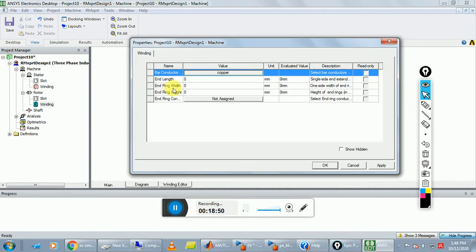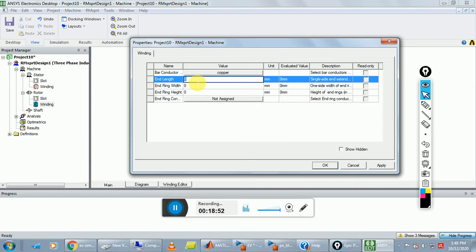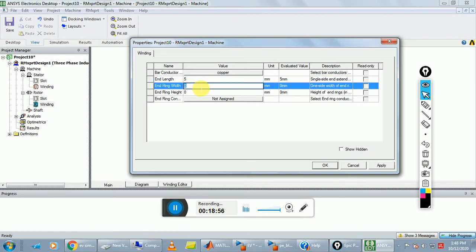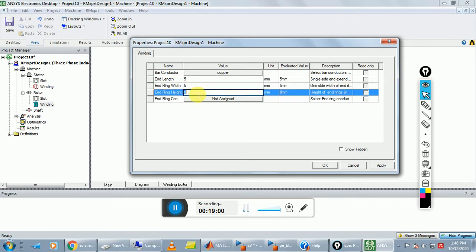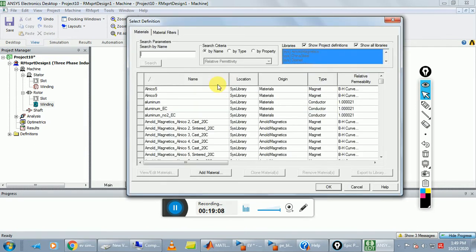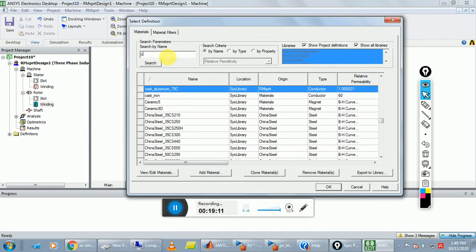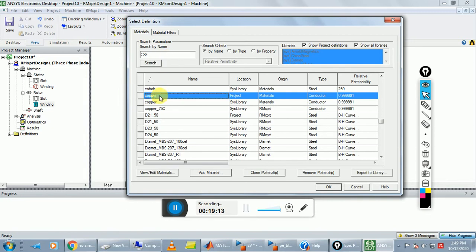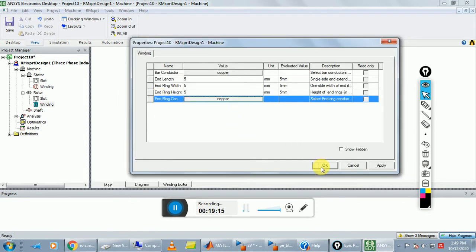Here we choose copper, and end length is 5 mm, end ring width is again 5 mm, and height is again 5 mm, and end ring conductor choose again copper material, because conductivity of copper material is good. Here we choose a copper material and click on OK. You can choose aluminum also, make it okay.